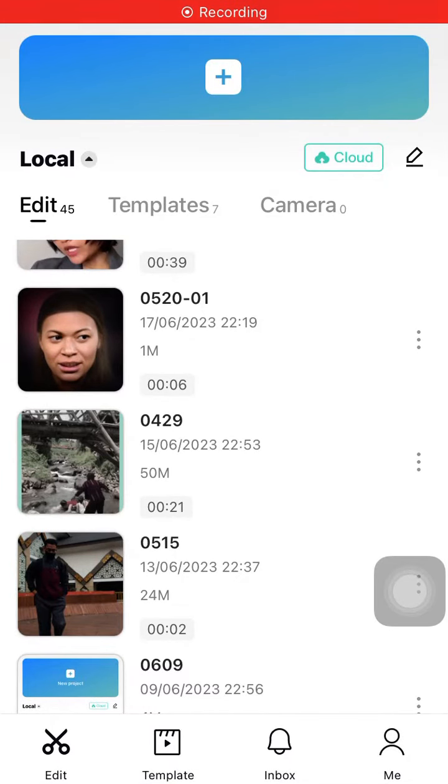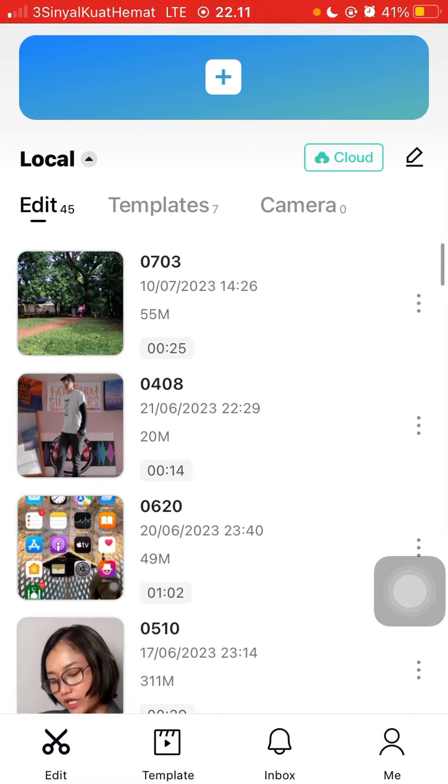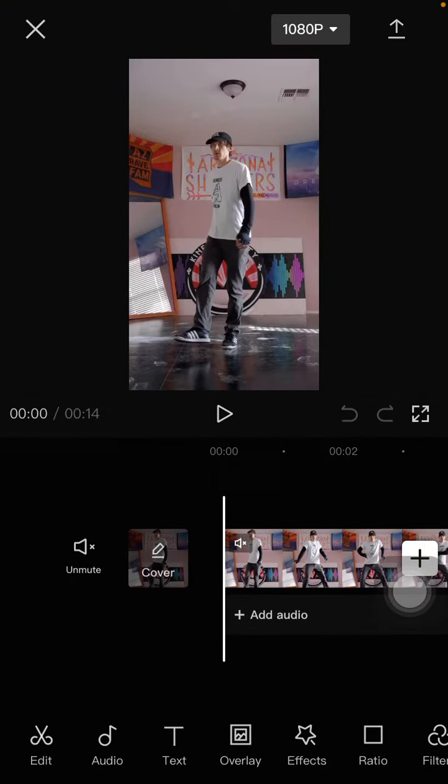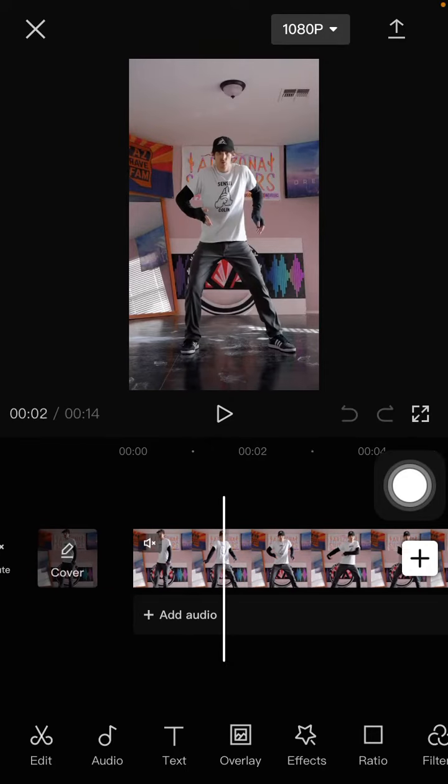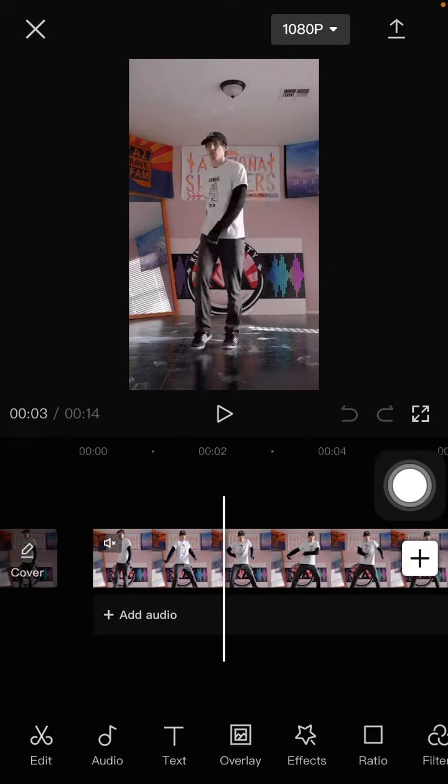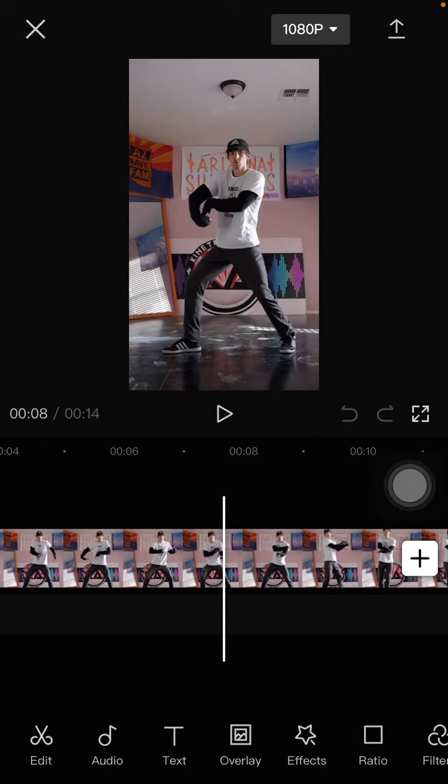Hey guys, in this video I'm going to show you how you can make a zoom in and zoom out in CapCut PC easily. So I'm just going to open my project, and to make the zoom in and zoom out big,